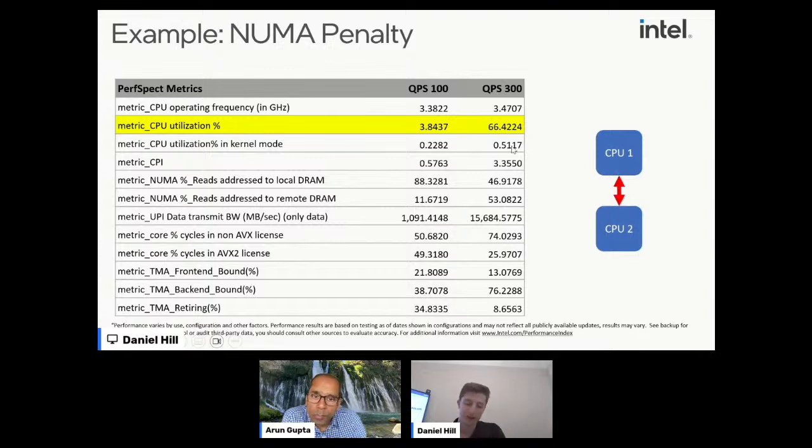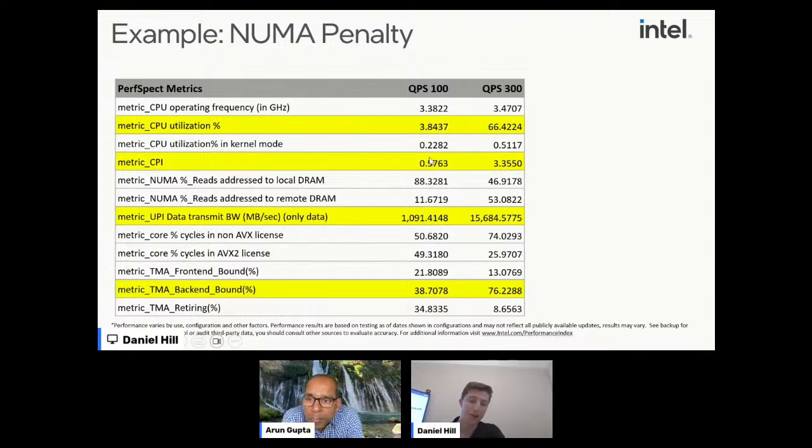This was an issue that we saw with one workload where, and this is very common again, we were increasing the queries per second from 100 to 300. And we saw the CPU utilization, a very easy, light workload at 3%, jumped up to 66%. First thought, of course, is I need to go to a bigger VM. I'm running out of space on this system. But in this case, thankfully, we were using hardware performance counters. And so we were looking, and you can see